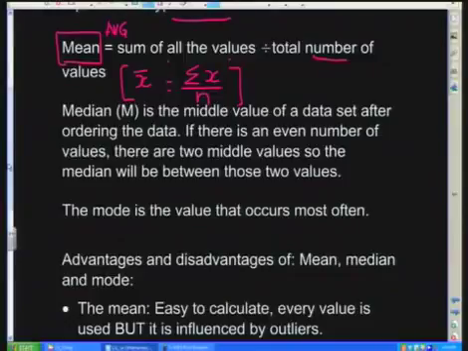The next one we're going to look at is the median. We also represent the median with the letter M, capital M. And the median is basically the middle value of